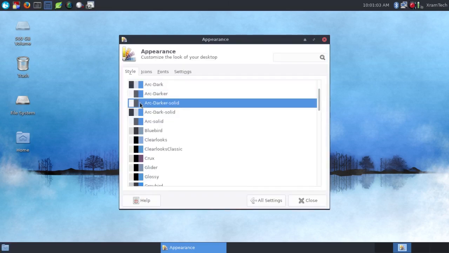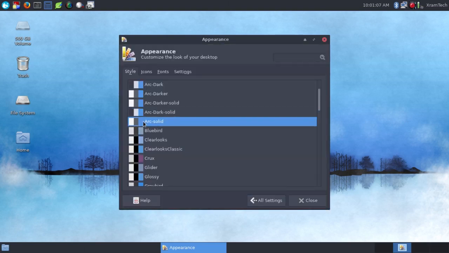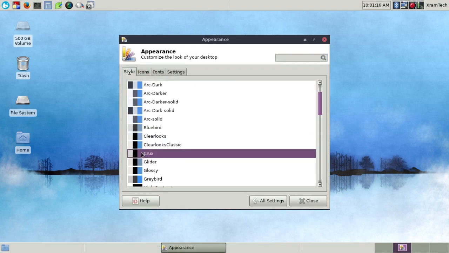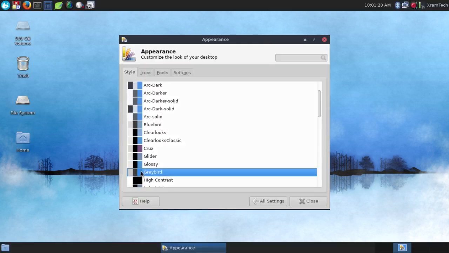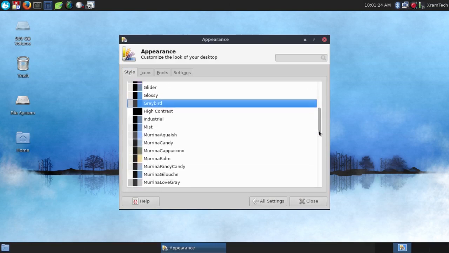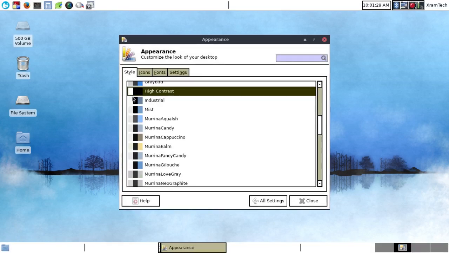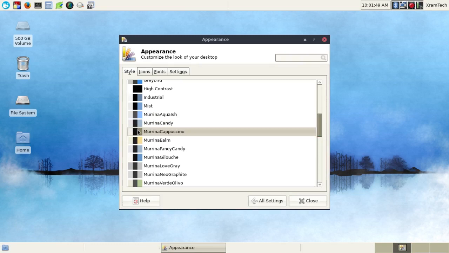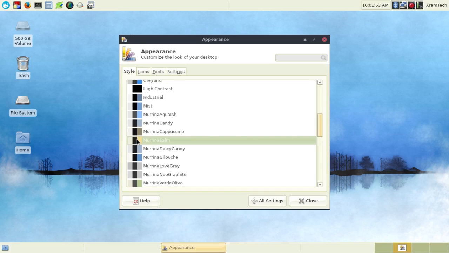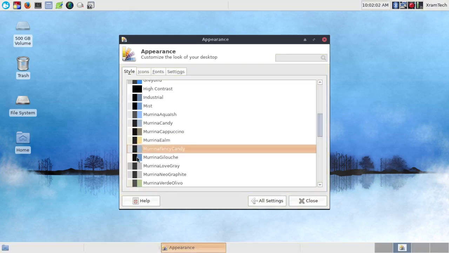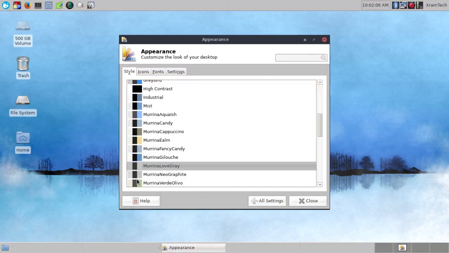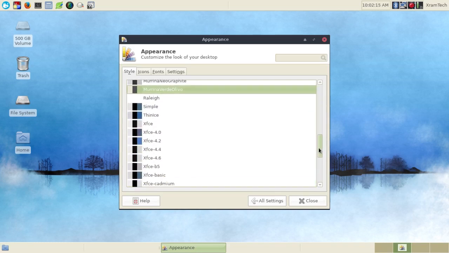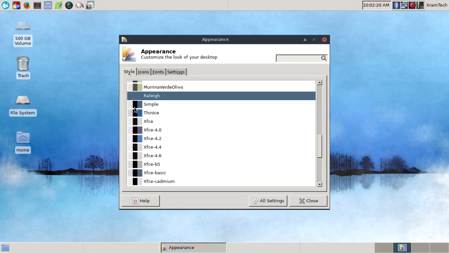There's ArcDarker, ArcDarker Solid, ArcDark Solid, ArcSolid, Bluebird, ClearLux, ClearLux Classic, Crux, Glider, Glossy, Graybird, High Contrast, Industrial Mist, Marina Aquaish, Marina Cappuccino, sounds delicious, Marina Yelm, Marina Fancy Candy, Marina Galouche, Marina Love Gray, Marina Neo Graphite, Marina Verde Olivo, Raleigh Simple Thin Ice,